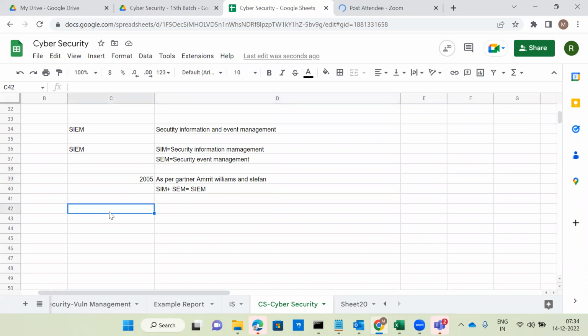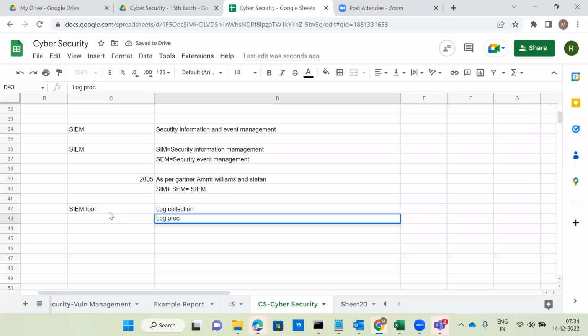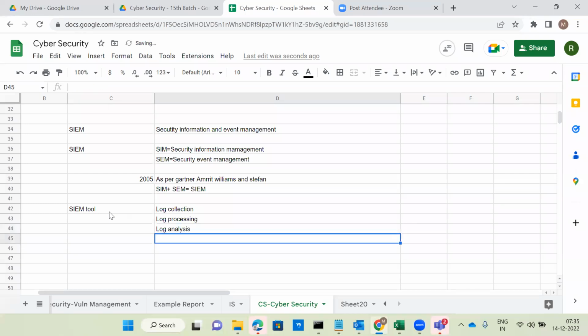Now, what is the SIEM tool definition? It is an interview question. We have already seen this in the very beginning. It's a log collection, log processing, log analysis, log monitoring, and incident alerting tool.